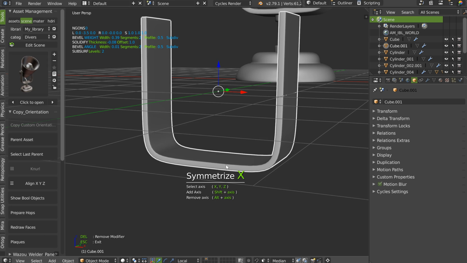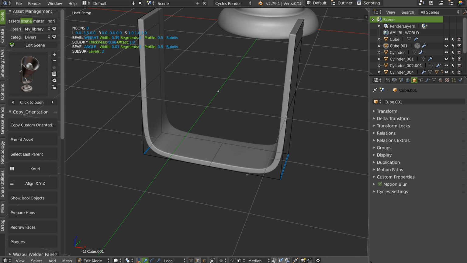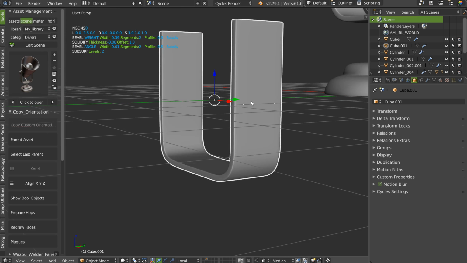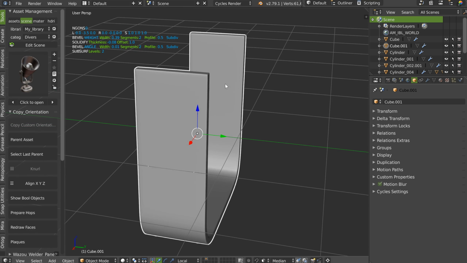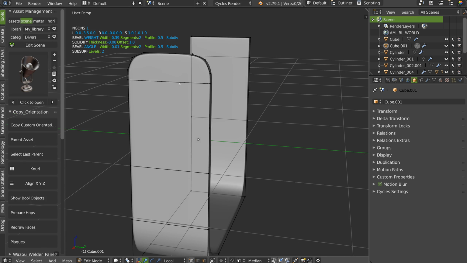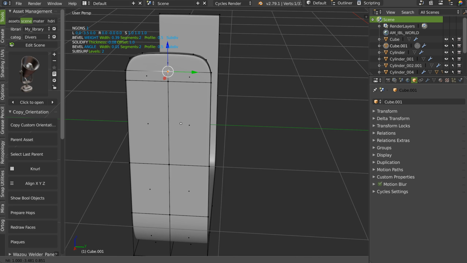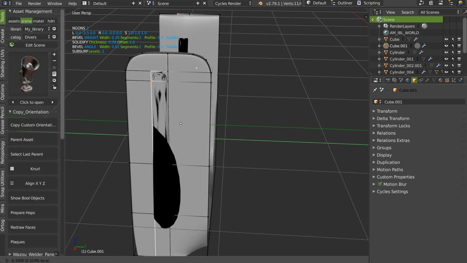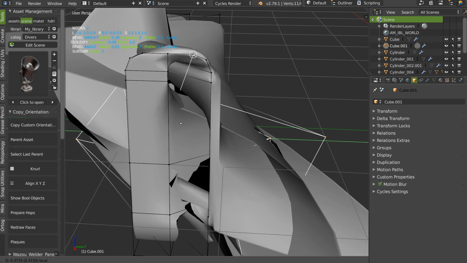You can add a symmetrize, etc. You can add a bevel here, another here, to have exactly a great model. If you want to run this part, you can select this, Ctrl B, V, and press plus, like this. After you finish your model, I will connect this and this, I will press Ctrl R here, I will press line, to make something clean, I will press Ctrl R here, I will just go in vertex mode, and